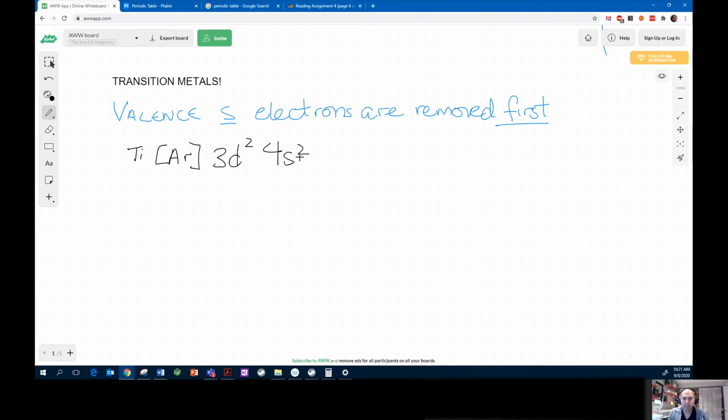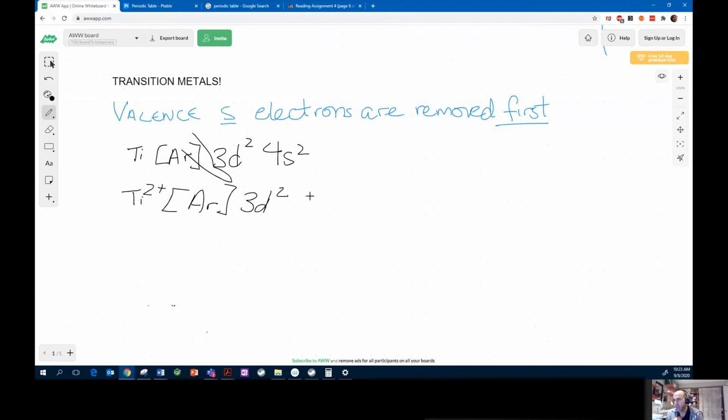Now, titanium makes two different ions, right? If you remember back from naming, transition metals often make different ions, and it's because of their electron configurations, in fact, that these different ions are possible. So for titanium 2 plus, even though when we do our Aufbau the last electrons that we put in are the d ones, in fact, what happens is the s ones come out. So titanium 2 plus is argon